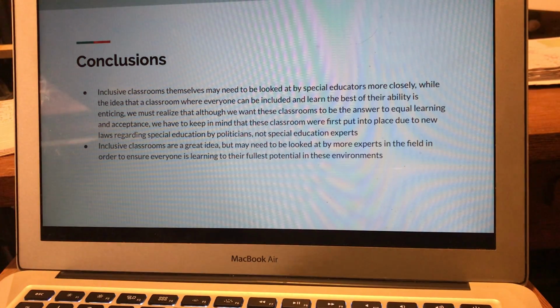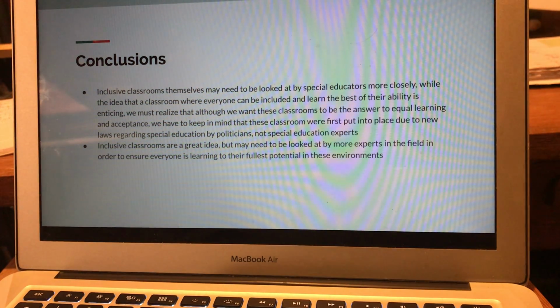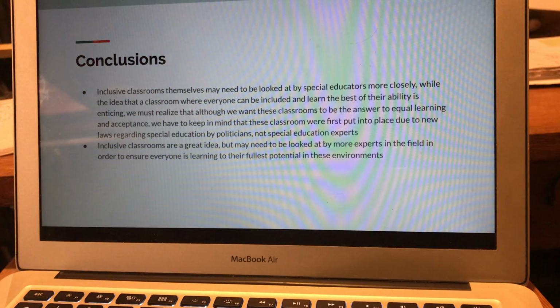And it is important to keep in mind inclusive classrooms themselves need to be looked at by special educators more closely, because while the idea of a classroom where everybody is included and can learn at the best of their ability is enticing, we actually have to realize that these classrooms might not be the answer to equal learning and acceptance, although we want them to be.